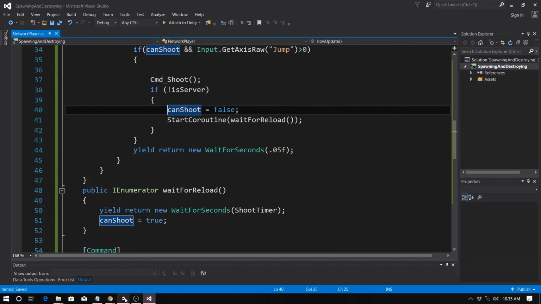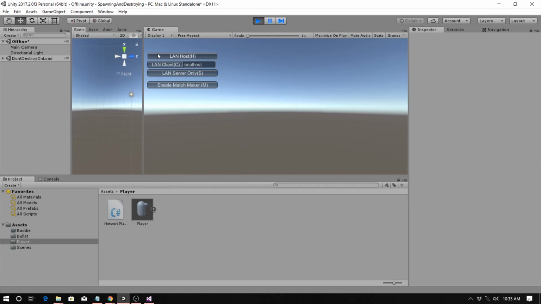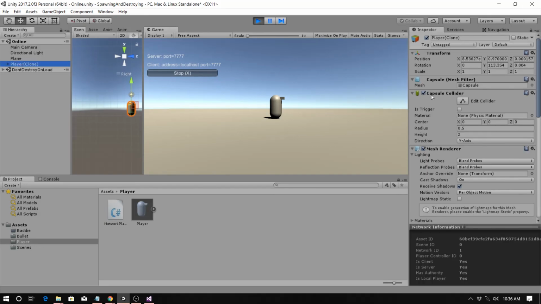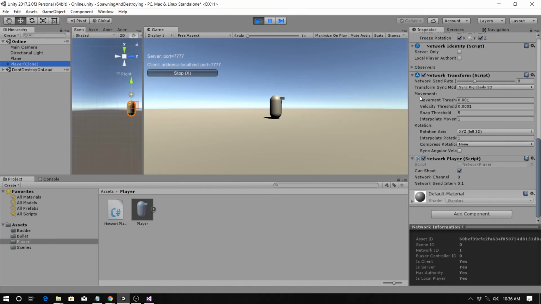So let's test this out real quick. And I'm going to say online, player clone, and where's can shoot? Okay, you see it's resetting, so it is working. All right,